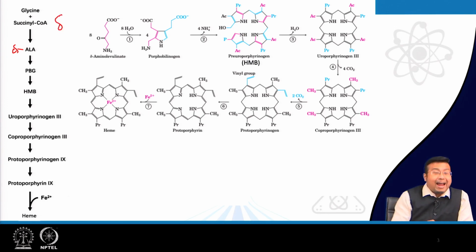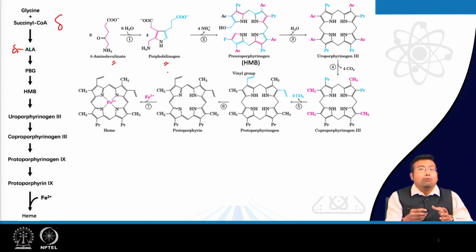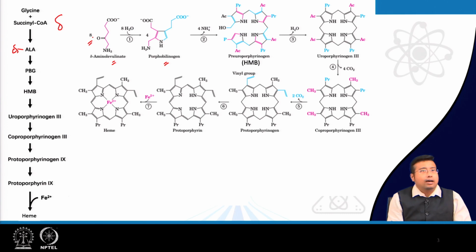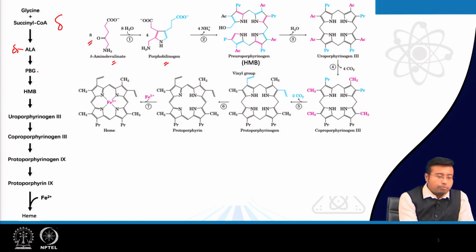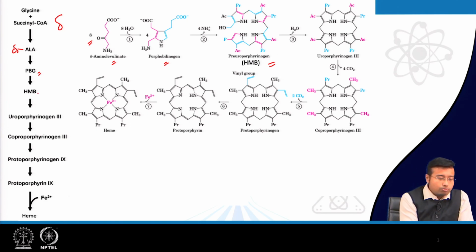In the next step, two molecules of delta amino levulinic acid combine to form one molecule of porphobilinogen. But in reality, we discussed that 4 of these porphobilinogen will be required, so in total 8 ALA are needed. First it forms porphobilinogen, which forms a linear tetrapyrrole. This is not yet circular, the ring is not closed, and it is also known as